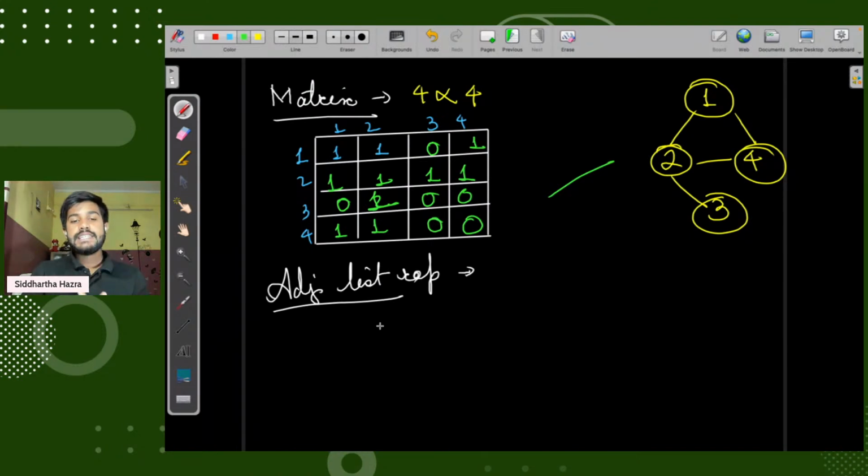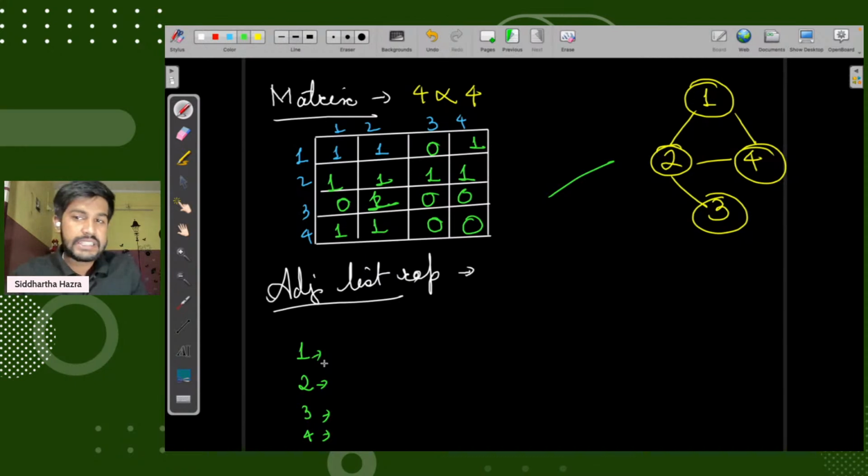Next is the adjacency list representation. As the name suggests, it would tell you the adjacent nodes of everything. हम लोग ये बताएंगे कि अगर हमारे पास 1 2 3 4 है, तो हम बस बोलेंगे हमारे बगल में कौन कौन है. Like we go in a classroom and we say that this girl is sitting behind me, this girl is sitting next to me, this boy is sitting beside me. ऐसे बोलते हैं ना, we do say so.